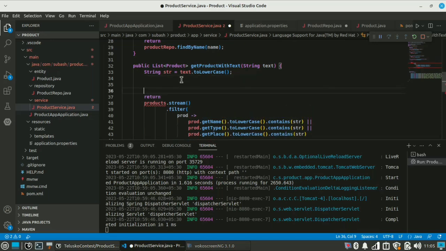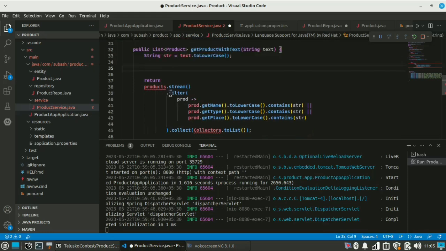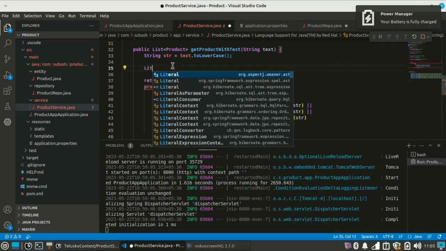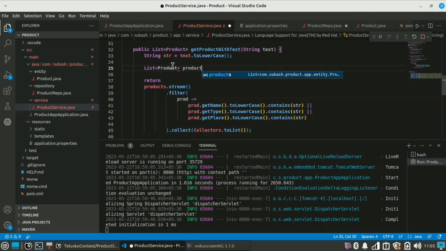But in this challenge we also have streams, so let me keep the stream for only this method. For this we need products. So let us define a list of products. List of product equal to products equal to